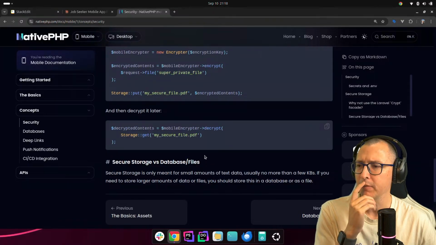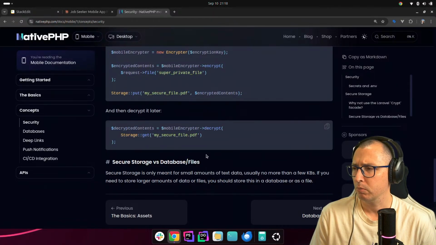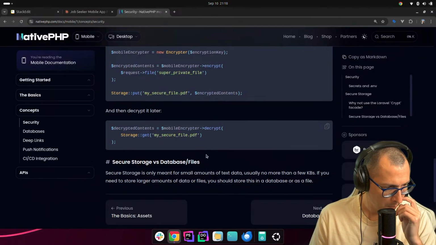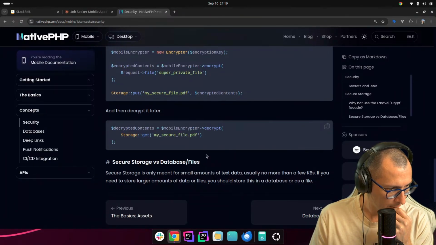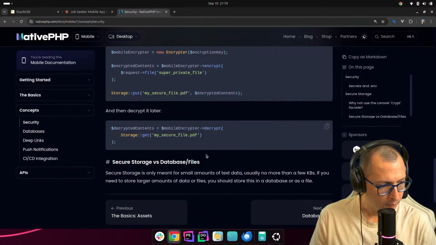There might be, if not, we could use some sort of timer on the front end. I don't know.